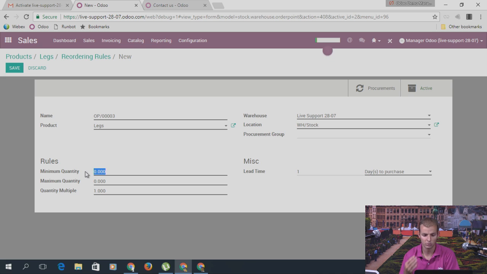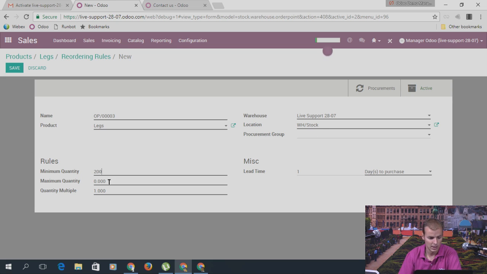And thanks to the rules defined on the product, it will either purchase it or manufacture it, depending on the rules. So there, let me check that I want at least 200 units